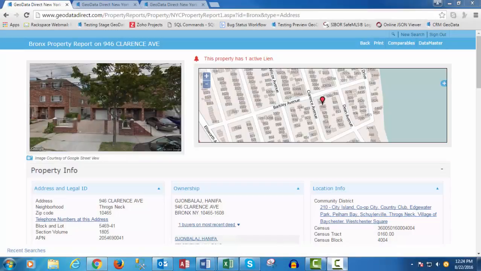This is a New York City property report. I have multiple reports open to show everything you might find in New York City, starting with a residential property in the Bronx. As this property has one active lien, you'll see a notification in red at the top of